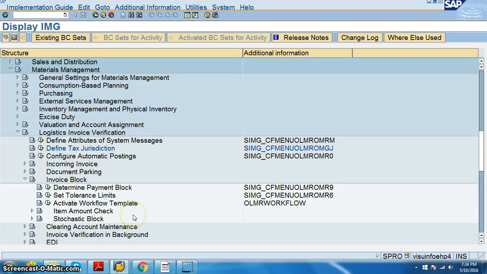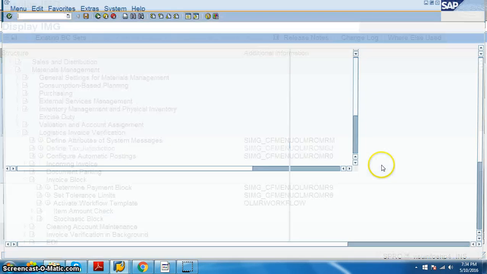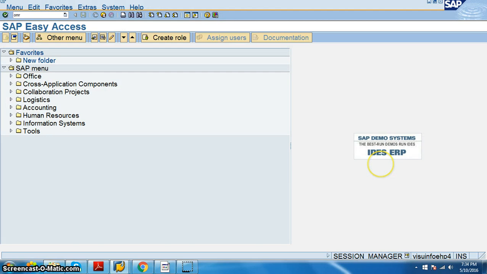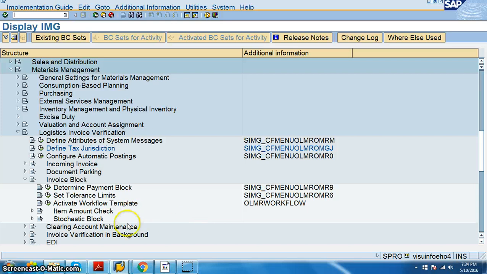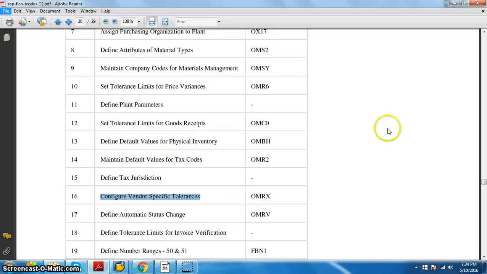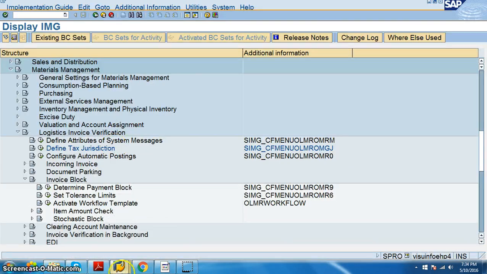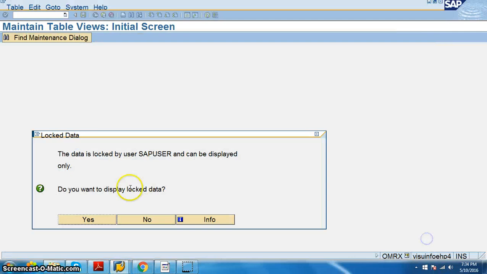So vendor specific tolerances, we are going to do in OMRX. Let's go to the OMRX transaction.